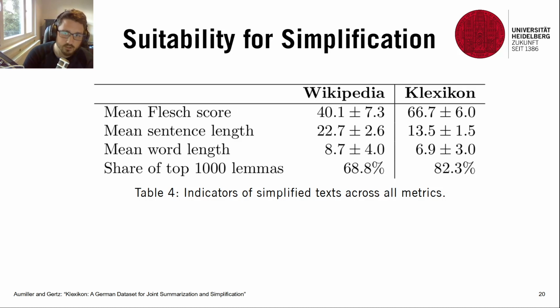When we look at the evaluation of such metrics, we indeed find that the Klexikon articles simplified quite a bit, and all metrics indicate such a simplification. For the Flesch score, keeping in mind that a higher score actually means an easier article, we find that there is a quite significant difference, and similarly we observe larger score differences for the mean length of sentences and words. And even for our proposed top 1000 lemma share, we see that the Klexikon articles are described by a much smaller fraction of words. In fact, about 82% can be described by the top 1000 lemmas alone. This is quite helpful if you don't have such a big vocabulary, which is the assumption for a disadvantaged reader here.